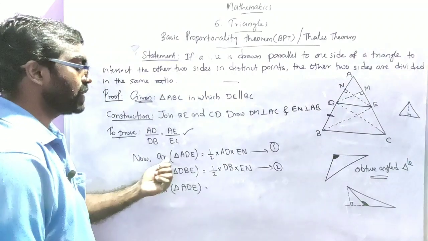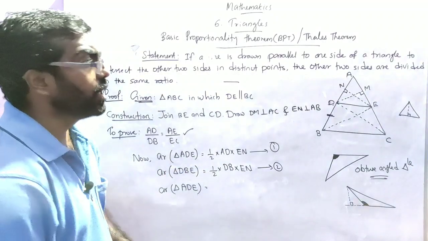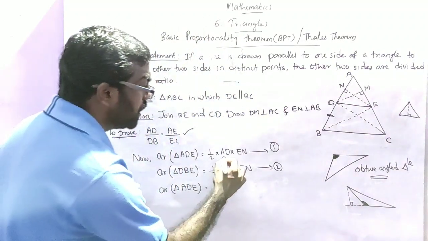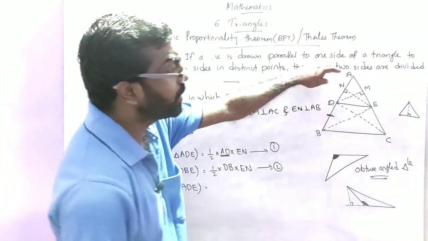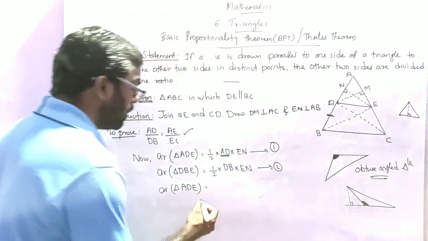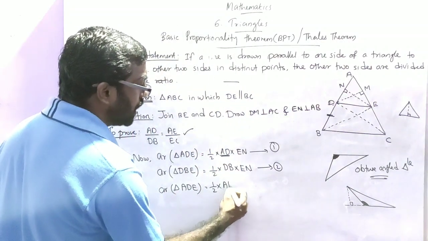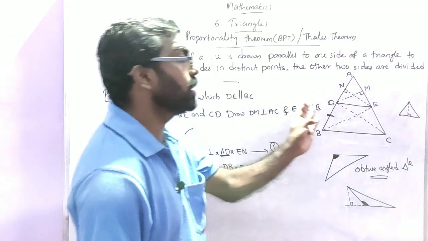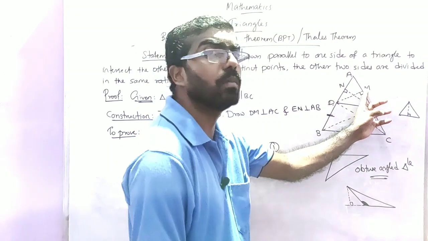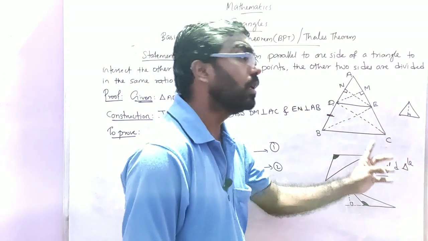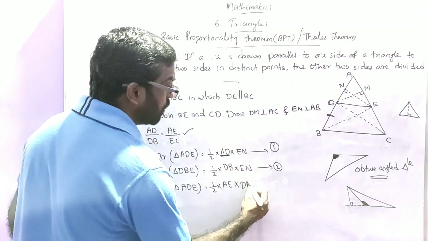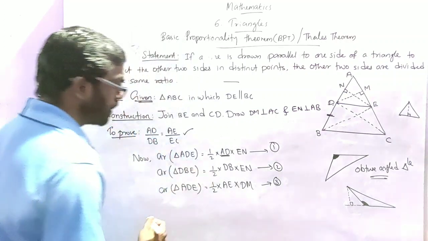So first we take area of triangle ADE. We already wrote area of triangle ADE in the first equation, but here we are going to take the base as AE. In the first case, we take the base as what? AD. But in the second case, we take the base as AE. So half into AE into, and the perpendicular on the side AE is what? DM. DM is perpendicular to AC. So DM is also perpendicular to AE, into DM, and take it as equation number 3.